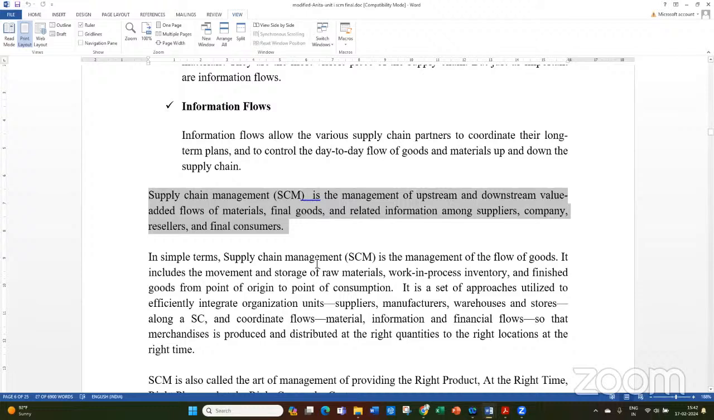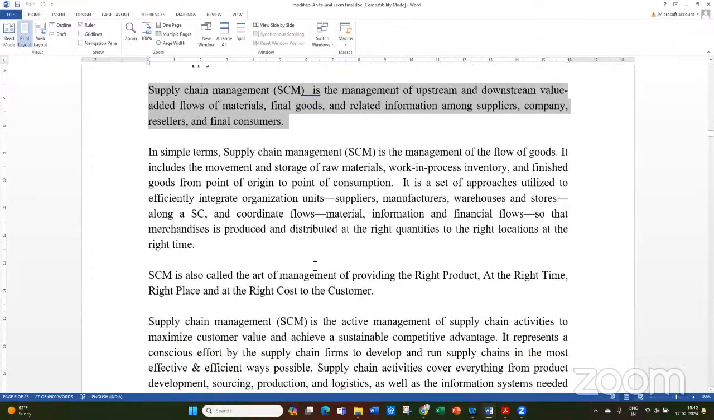But before you understand this definition, if you keep writing the flows, you are seeing three different flows. And also the movement and storage of goods. When you're talking about movement and storage of goods, movement and storage of